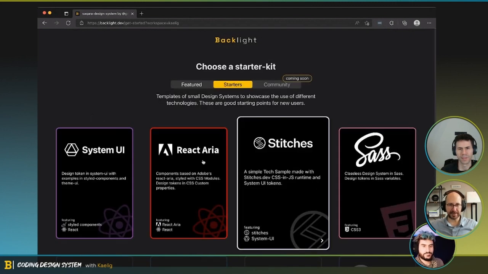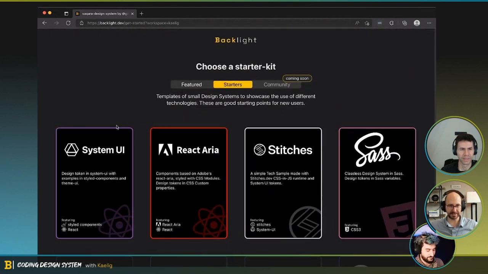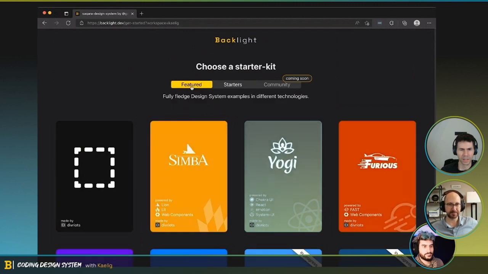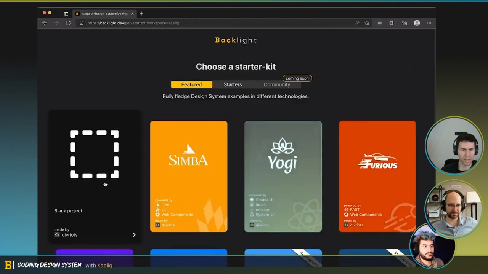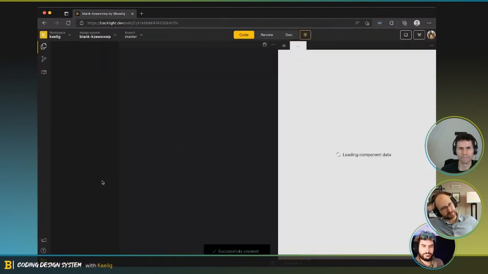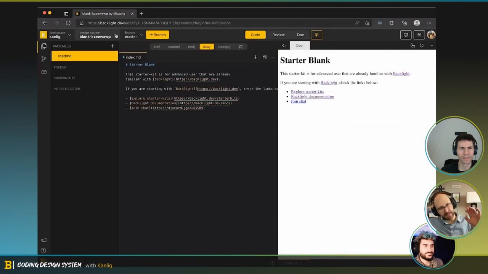Disclaimer: I've used Backlight in the past, but not in production. I've tested it and played around with what you can do with it, but I've never actually created a design system and then imported it in my app. No problem. We're going to start. I'm wondering if we start with a React one or a blank one, but I think we'll just start fresh. By the end of this session, what would look amazing to me is to have a couple of components in the design system, and I'm importing them in my Next.js app.